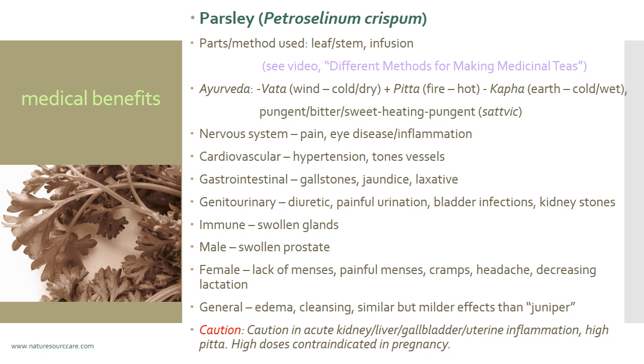So they have a similar effect, but parsley is more mild. So you can't go too wrong. Juniper's stronger, and so sometimes that can be more irritating to tissue. So especially if there's already inflammation, parsley may be the better choice. So you'll still get some effect without the stronger or irritating effects of juniper. So as I mentioned, if somebody's in acute kidney, liver, gallbladder, or uterine inflammation, it might not be the